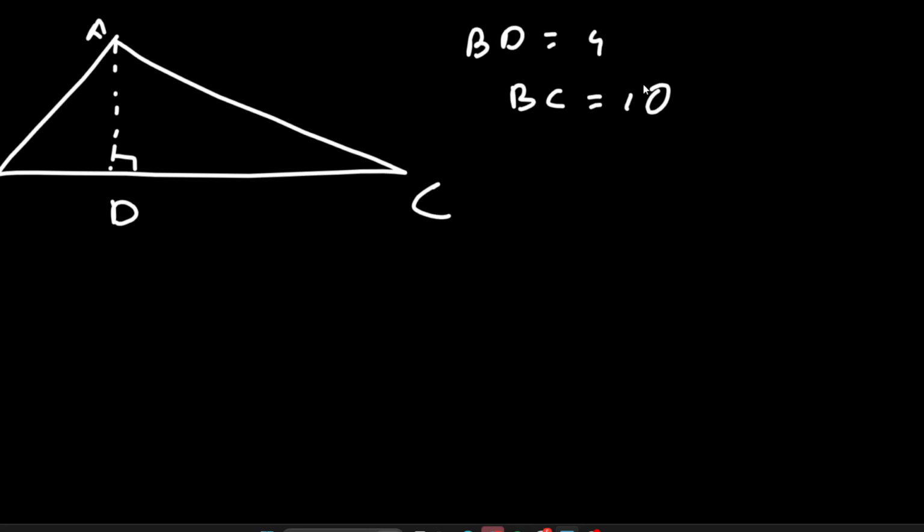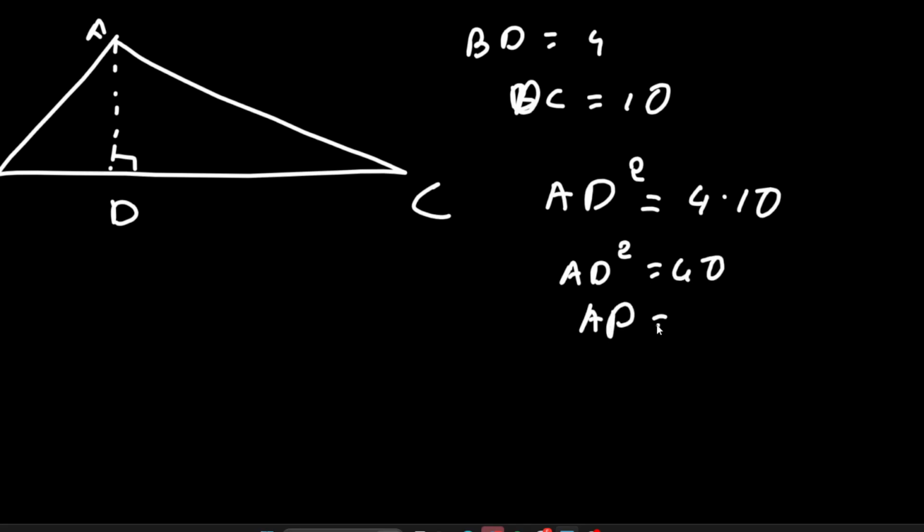If BD is 4, so it's the same thing. AD squared equals BC, what? DC, I forgot, it's DC, not BD. DC, okay? So AD squared equals 4 times 10, which is 40. And then the square root of 40 is